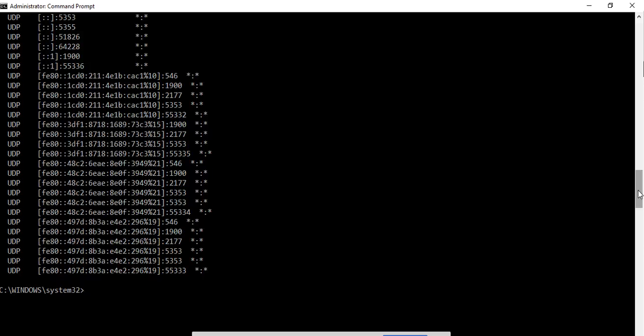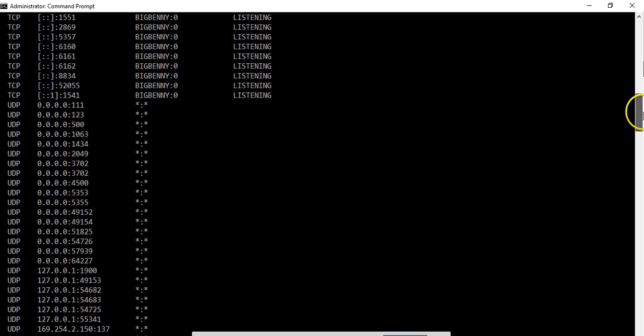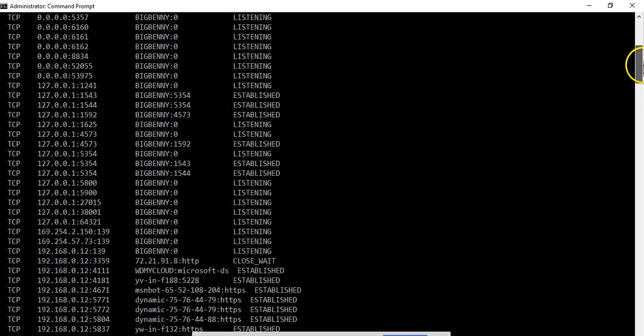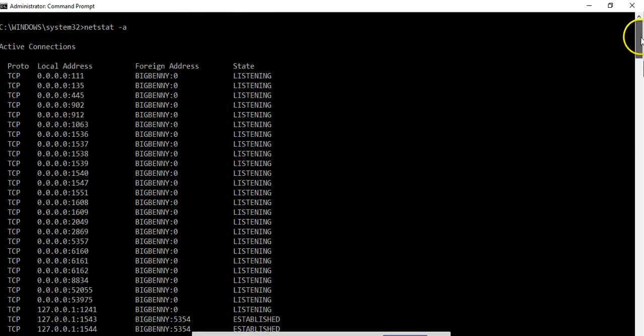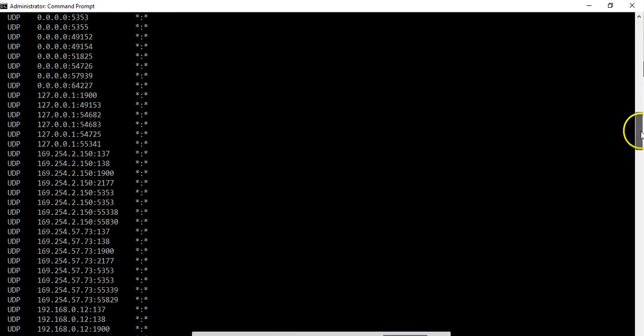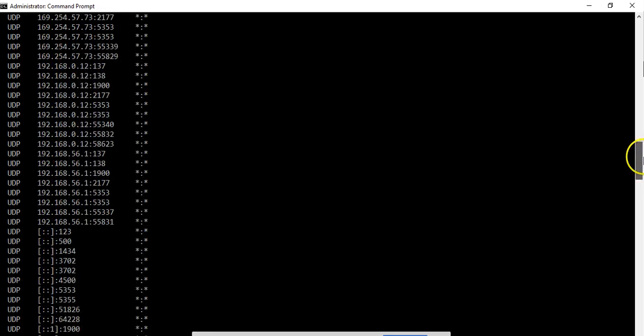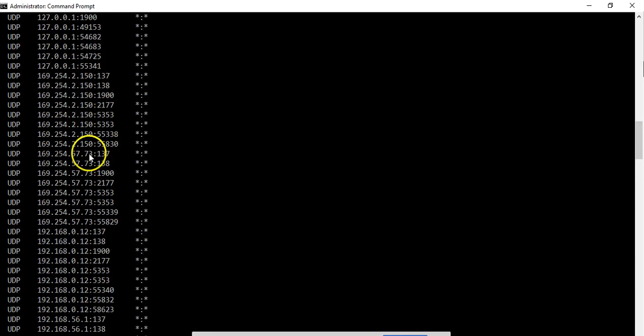So that is how to view any active or open ports for troubleshooting TCP or UDP. And really it's quite tedious to go through and try to figure out what each one of these is. There's some other tools that are out there, like any of the Sysinternals tools, that would actually make the link for you to tell you what these websites are and specifically what these different